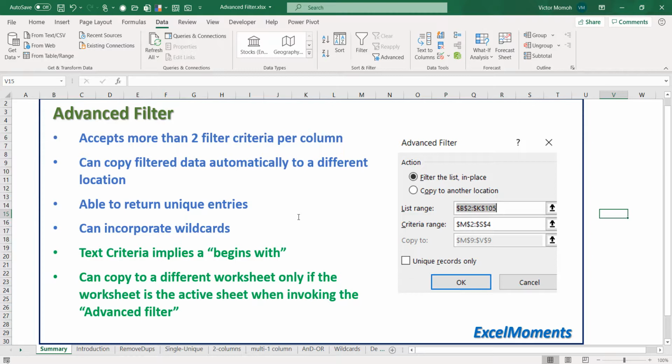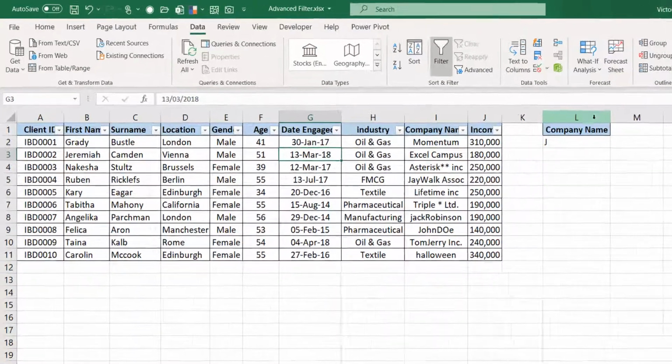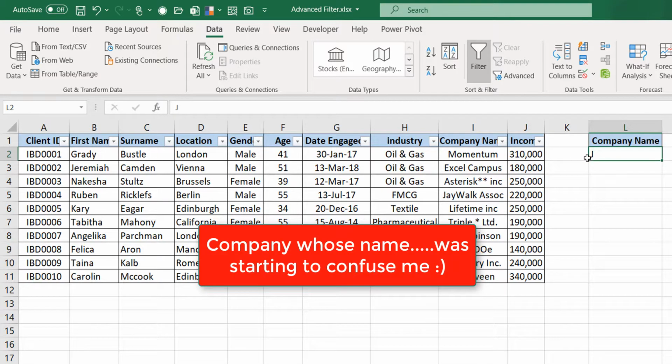So the other thing to note is that when you use text criteria in advanced filter, it implies begins with, in the sense that, let me show you this. This will be our example probably in the next video. When you say company name and maybe your criteria here is J, right? You know, what this J means doesn't mean that any company whose name is J, and it doesn't also mean any company whose name contains a J. It means any company, rather, whose name starts with a J and has any other characters